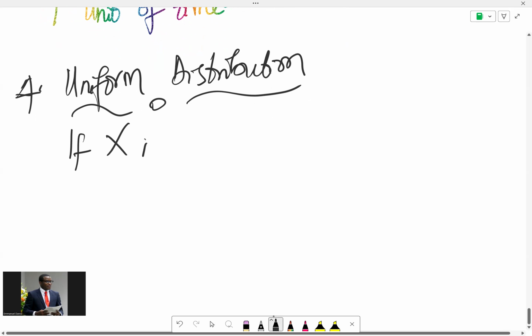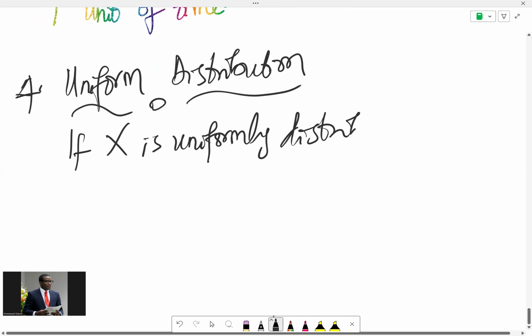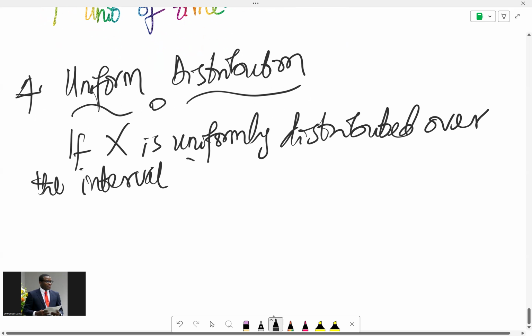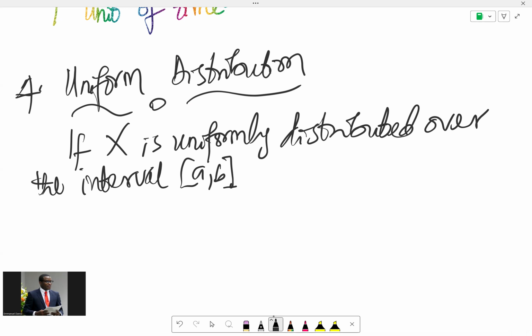If X is uniformly distributed over the interval [A, B], this is actually a closed interval, meaning that both A and B are part of it. If it was an open interval, then it would mean that everything lies between A and B, not getting to A or B. So we say the CDF